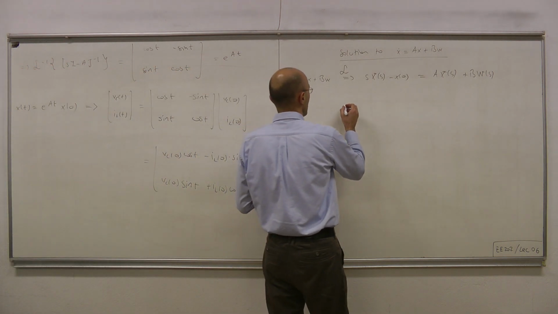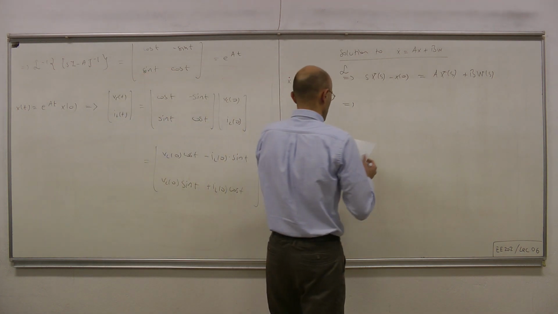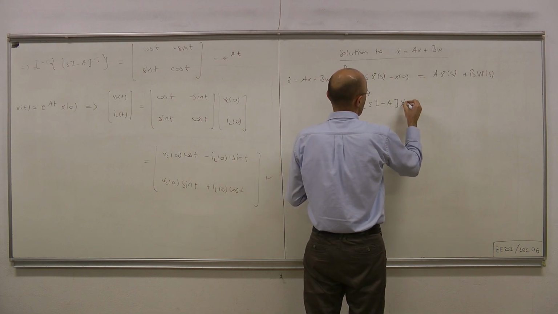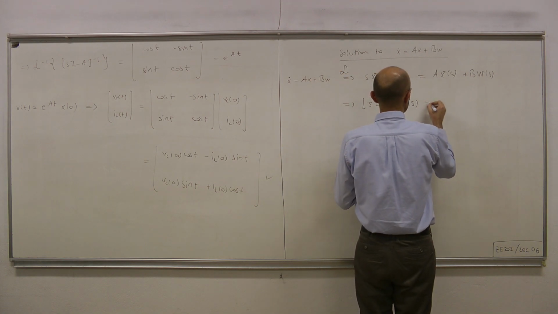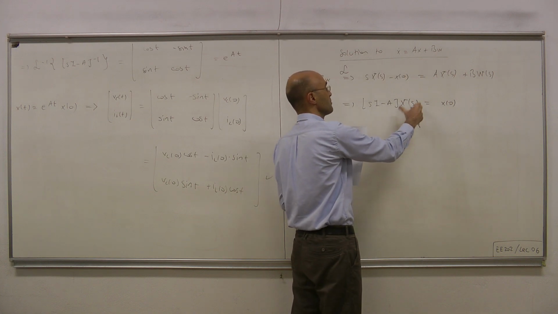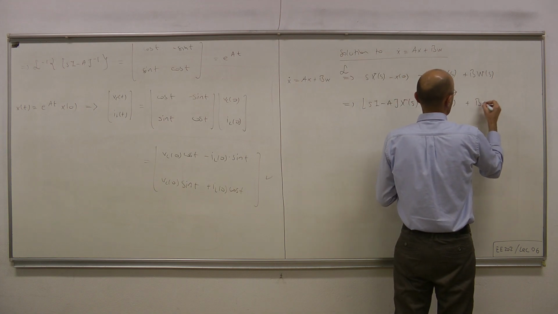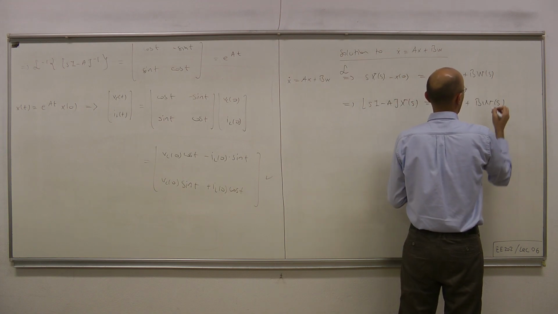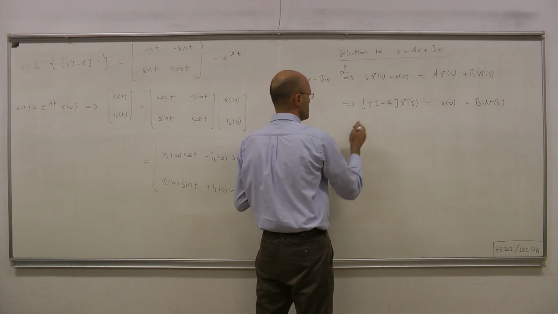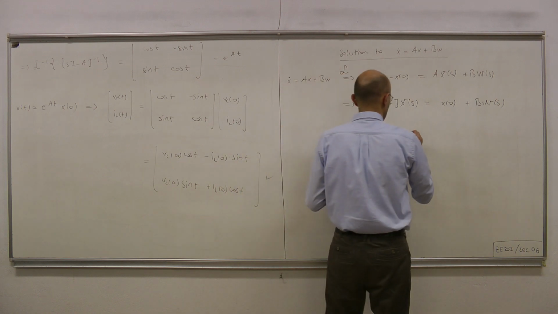And then, as before, let's collect the X(s) term on one side. We have (sI minus A) X(s) equals x0. This is what we had for x dot equals Ax, but now we also have the w term. So that means we have plus B times capital W(s). Okay, and then multiply both sides with the inverse of this matrix, which gives us X(s) equals (sI minus A) inverse